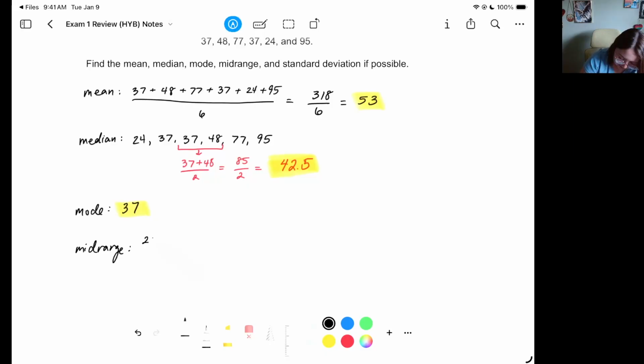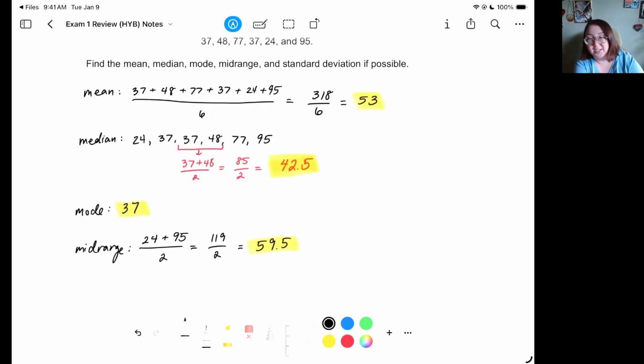So we would say our lowest number, right, is 24. Our highest number is 95. And then we're dividing that by 2. So we're essentially just taking the mean of the highest and the lowest number. So we add those together, 24 plus 95. That would be 119, which we're dividing by 2. You can put that into a calculator or brains, whatever. And this will give us 59.5,